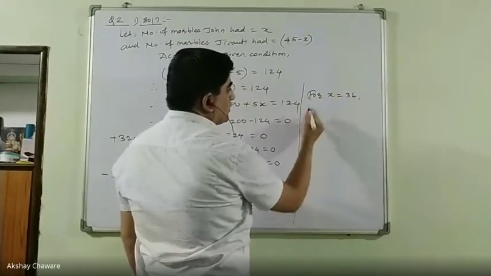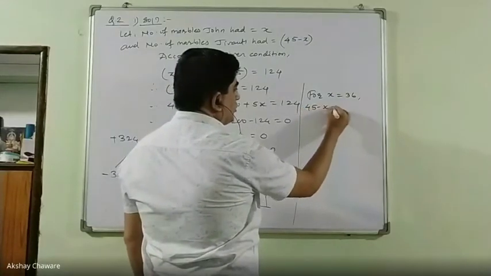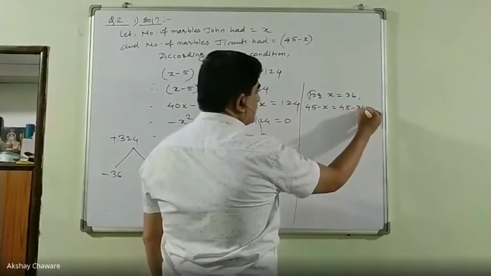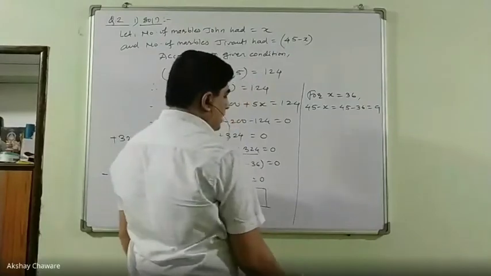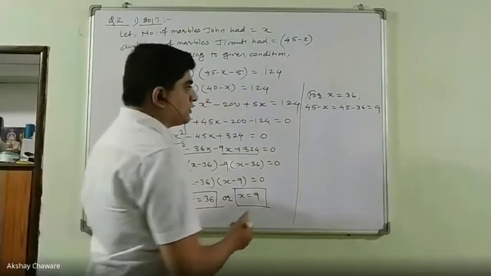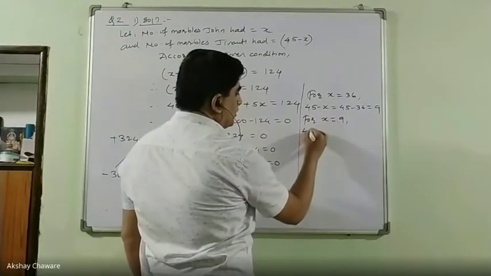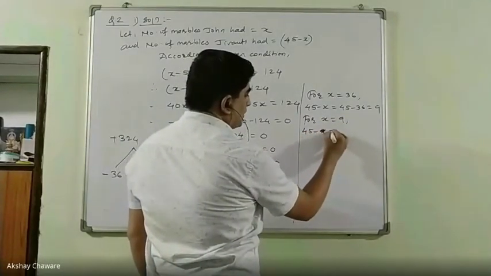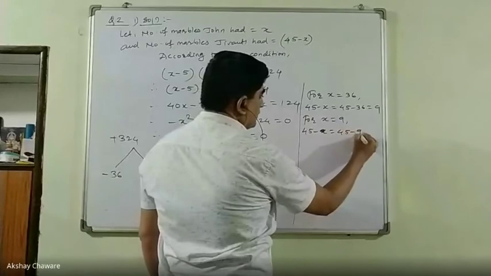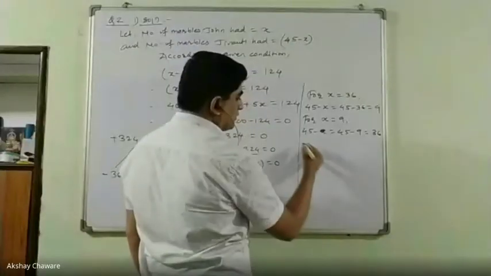For x equal to 36, 45 minus x means 45 minus 36 is equal to 9. And if we consider x equal to 9, then 45 minus x, that is 45 minus 9, is equal to 36. Therefore